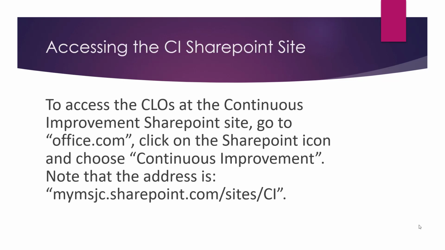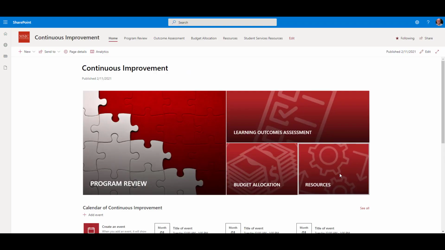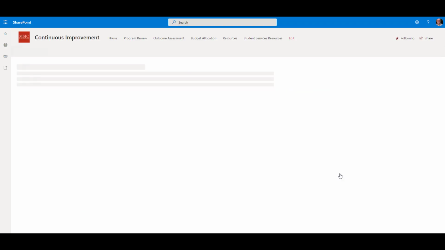To access the CLOs at the Continuous Improvement SharePoint site, go to office.com, click on the SharePoint icon, and choose Continuous Improvement. Note that the address is mymsjc.sharepoint.com/sites/ci. Click on Resources.